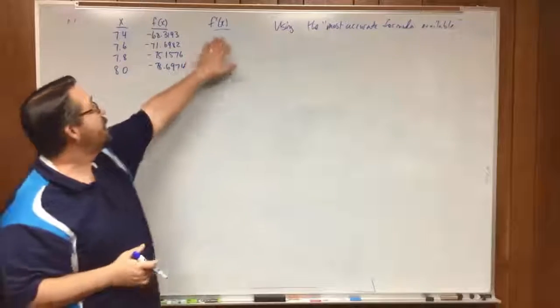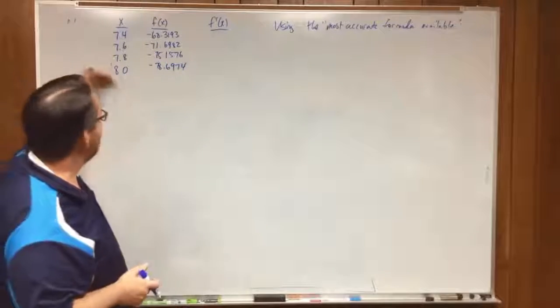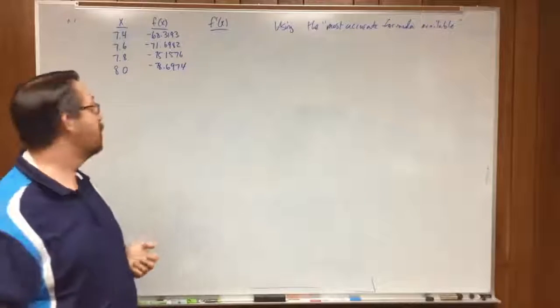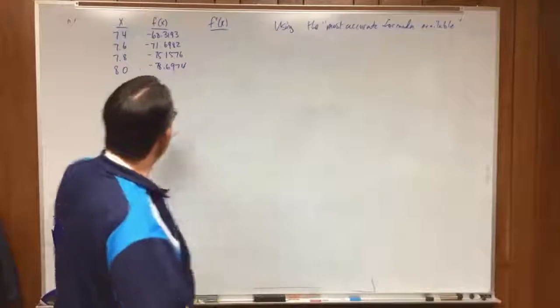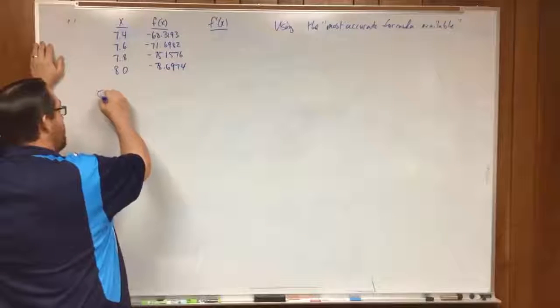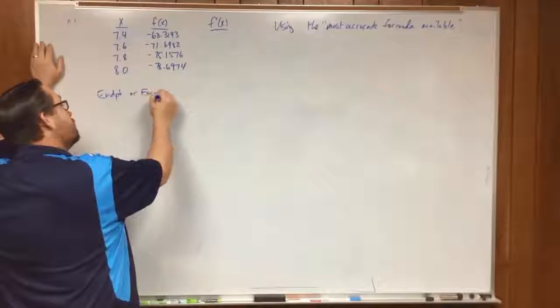Okay, so I can find the derivative as accurately as my formulas will let me. If I have 5 points, that's when I would look up the 5-point formula in the book and use one of those. Okay, so for this 7.4, we're going to use the forward difference formula, the endpoint, or forward difference,